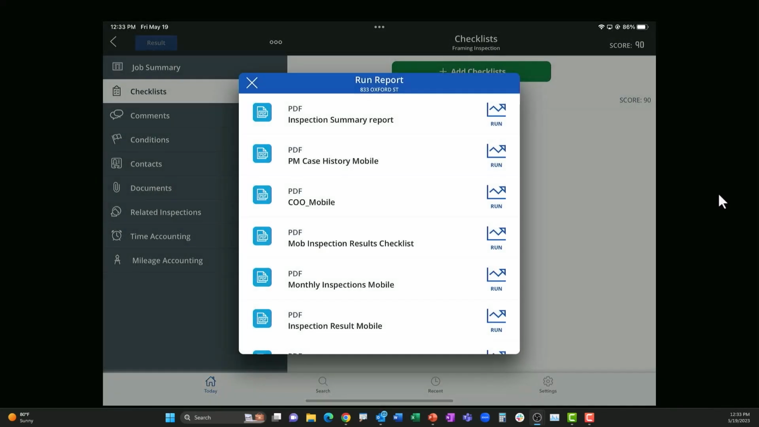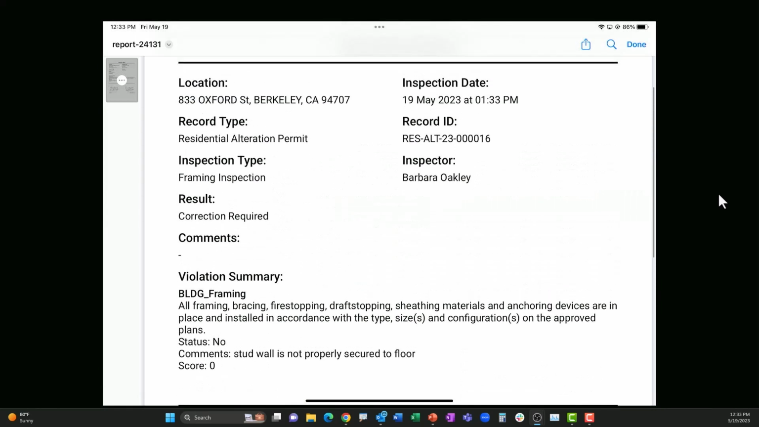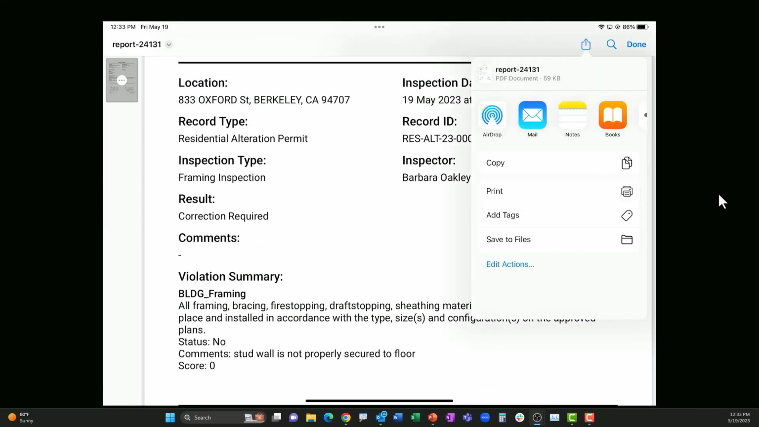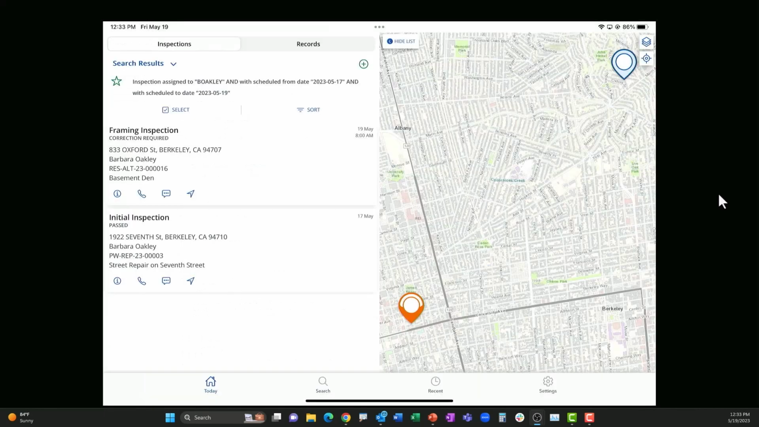Now I can run a report. I could even add a picture if I wanted to. I could email him or print it right on site. Now we can see that the framing inspection has been resulted to correction required, and that creates a live connection